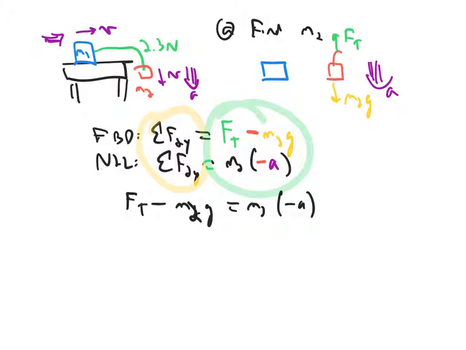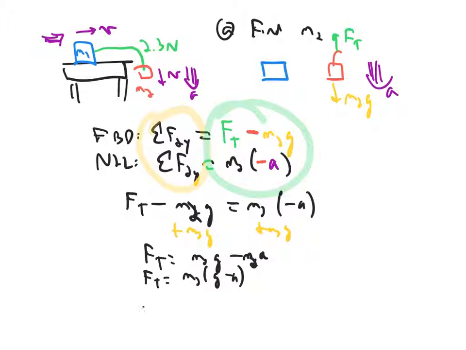We add M2G to both sides, and we have Ft equals M2G minus M2A, or Ft equals M2 times (G minus A), or M2 equals Ft over (G minus A),